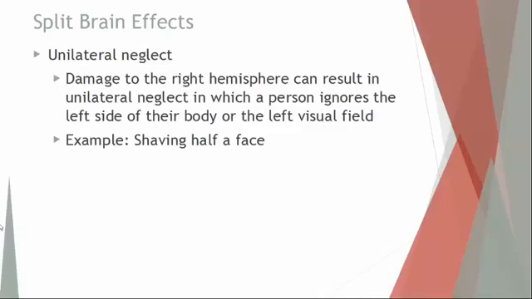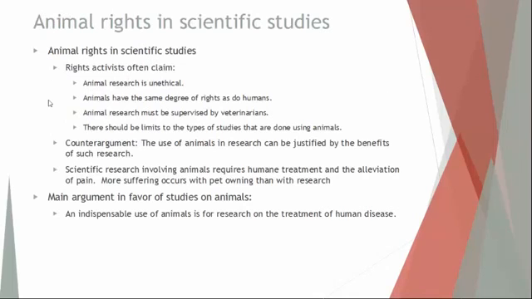He may also only brush the right-hand side of his head and not the left-hand side, or only brush the right-hand side of his mouth and his teeth, but not the left-hand side, because to him, that's all that he sees. He only sees the right-hand side of his body, so he will neglect the left-hand side. This is all due to a loss of connection between the right-hand side of the brain and the left-hand side of the brain.